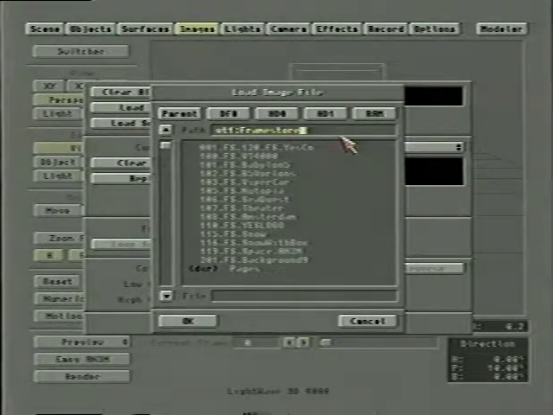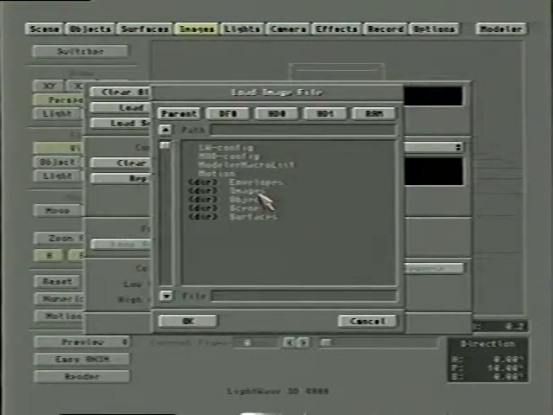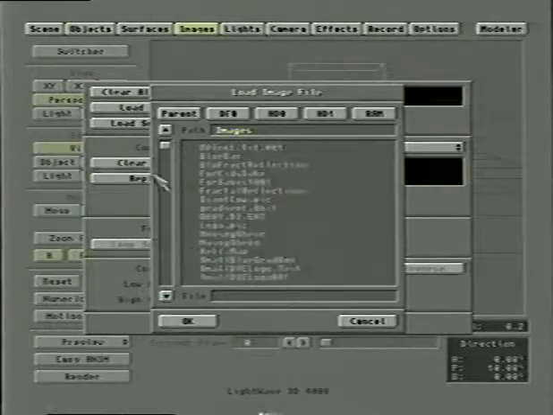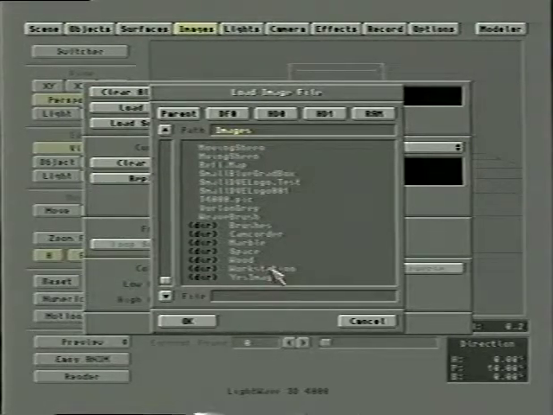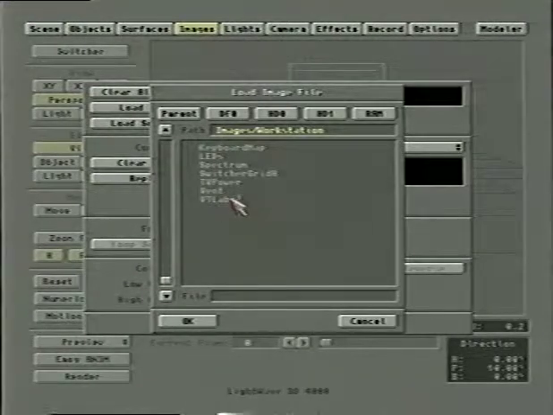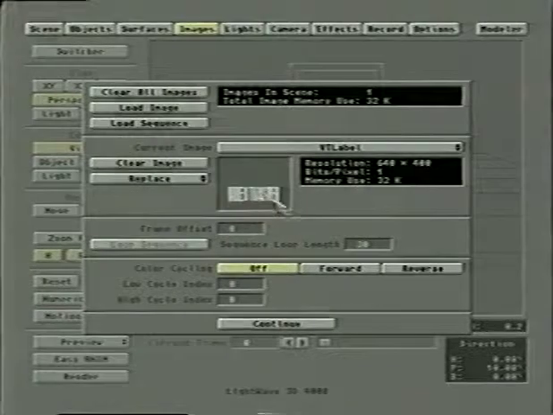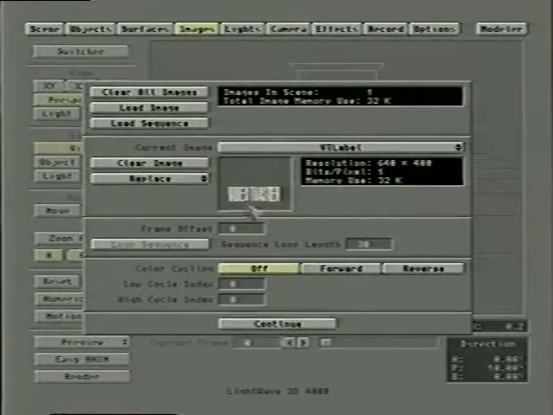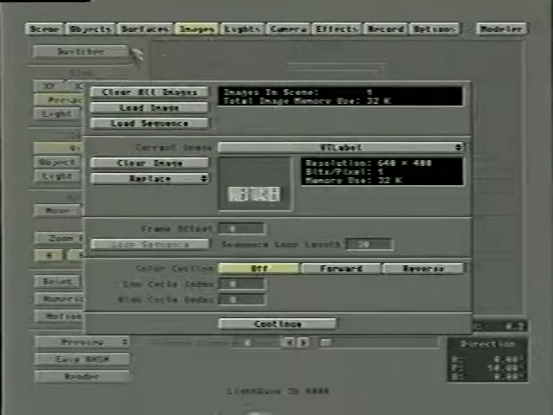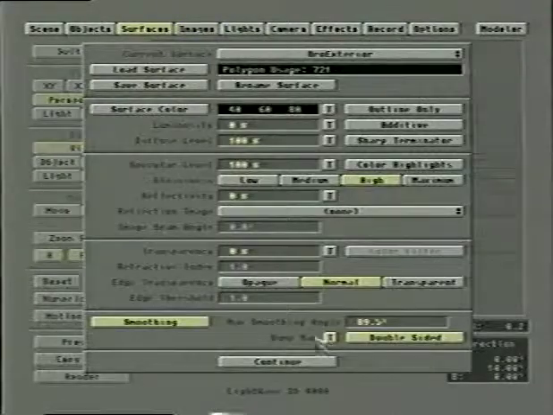Let me go back to my main control panel here. To do that, I'm going to clear out everything in this requester and hit enter. And this shows me my images directory. I will go to workstation, and where it says VT label, this is a simple 2-color picture, and it says video toaster. What I'm going to do is go to my surface, bump map,